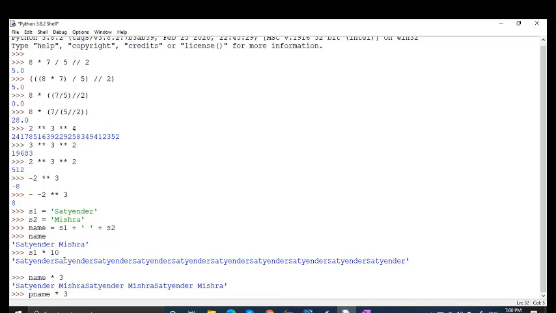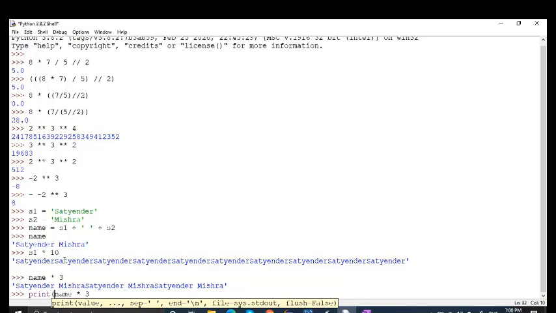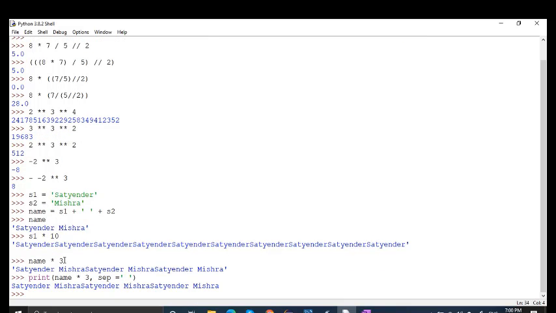In that case, if you write print name into 3, comma, sep is equal to space, it is going to print name into 3.